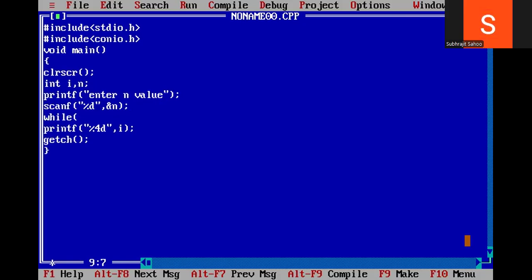While keyword, condition i less than equal to n. While i less than equal to n, printf percentile 4d, i. Remember, here you can give bracket also, no problem. Bracket start, bracket close. But what I told, if there is only one statement, the opening curly bracket and closing curly